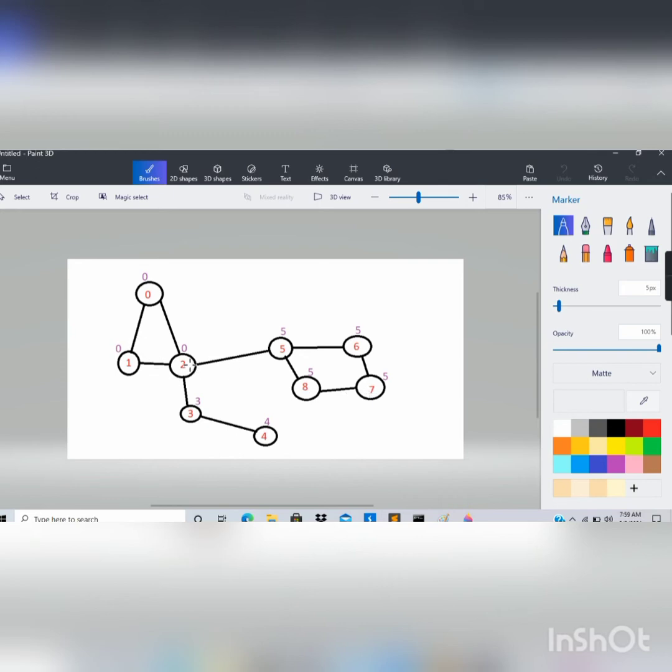Let's see for node 2. From node 2 there were many edges. One was to node 5, one was to node 3. So for node 2 we will check all its children. We won't check only one child. So if we consider 2, the ID of node 2 was 2 and its child's low link value is 0. Is 2 less than or equal to 0? Definitely not. So this condition becomes false, but it has more children also, so we have to check